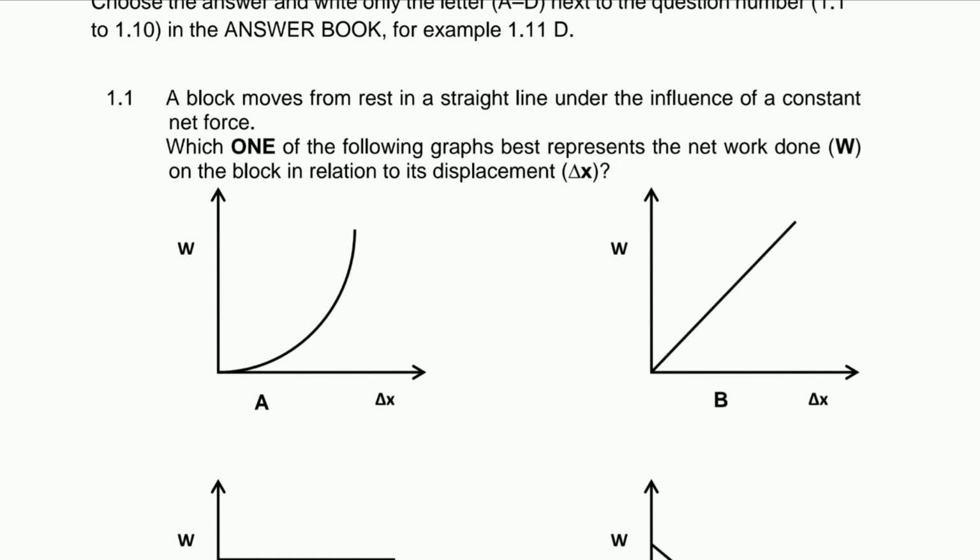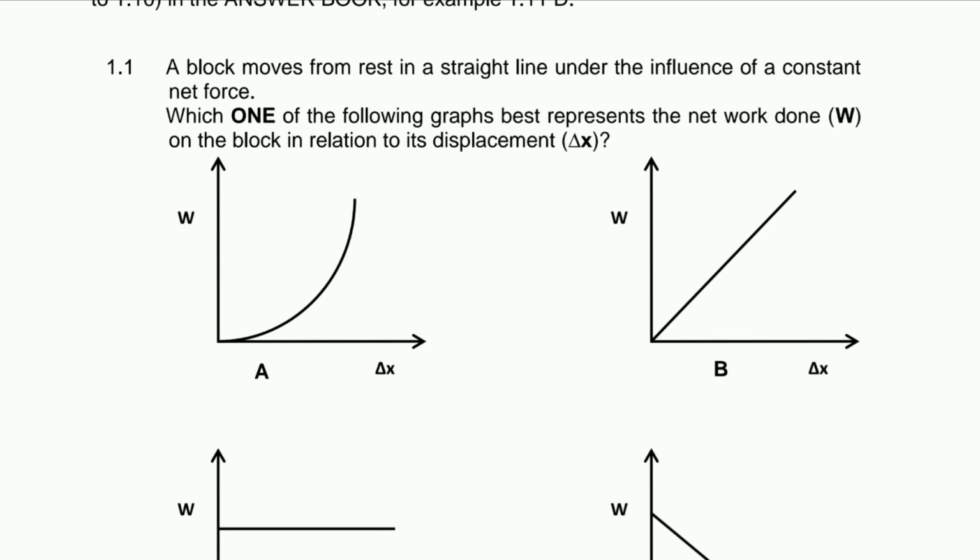So we're going to start with question 1. Question 1, as usual, multiple choice, and the question says: a block moved from rest in a straight line under the influence of a constant net force. This is an important detail in this specific question. The force is going to keep constant. It's a net force. Which one of the following graphs best represents the net work on the block in relation